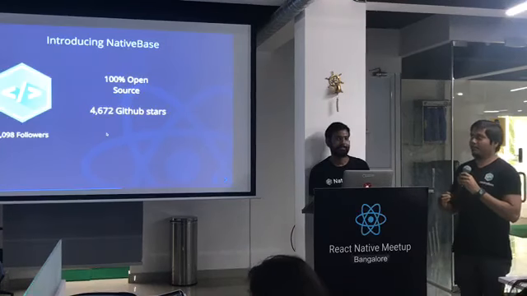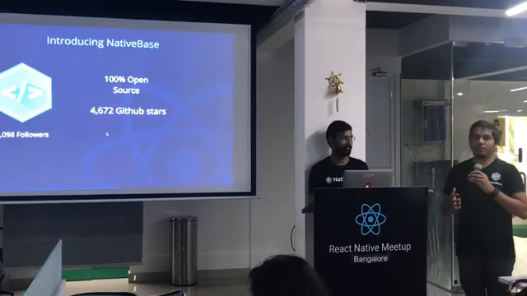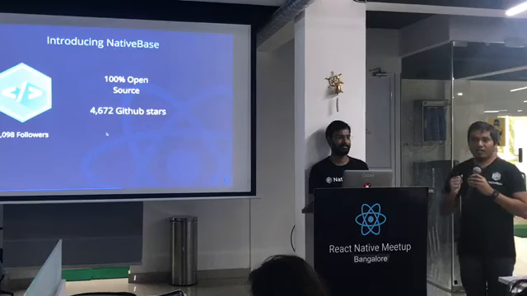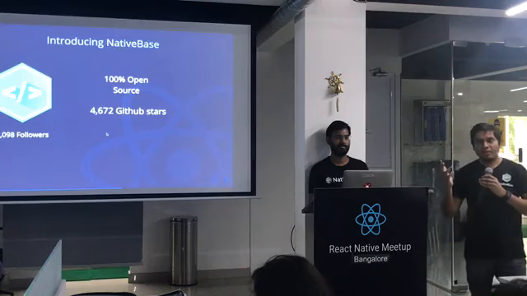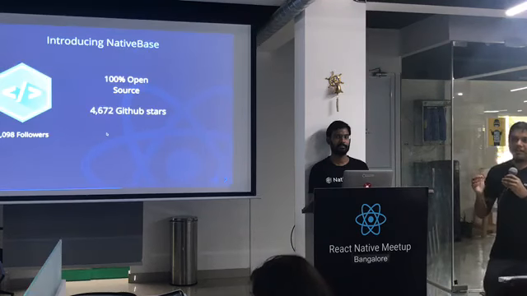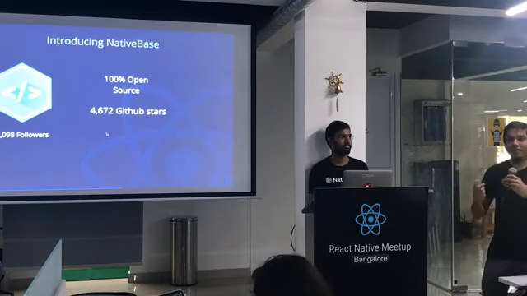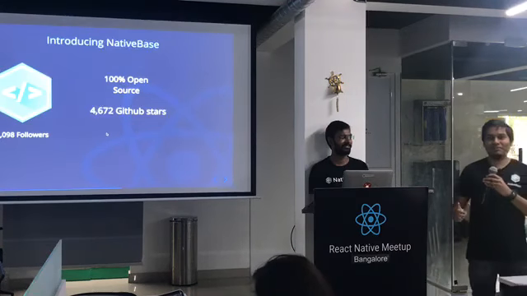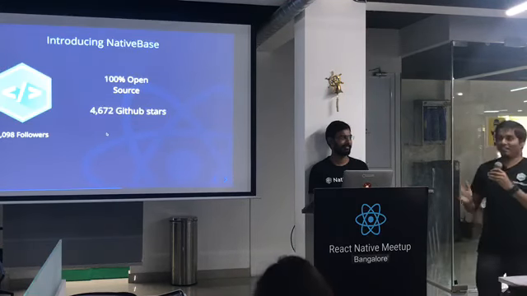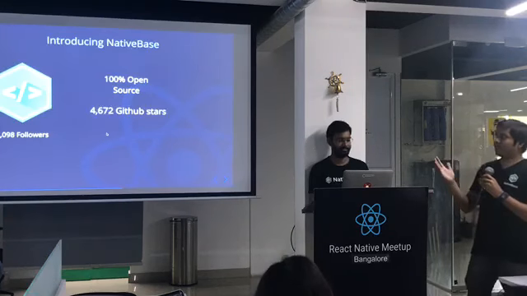And yeah, so that's about it. And it's 100% open source. Many people are using it, many companies, I would say in Silicon Valley and Europe. I was at React Amsterdam just a couple of weeks back, and there people already knew about it. So I was showing off wearing this NativeBase t-shirt, and people were like, oh, you are the guy who was behind this, and that was fascinating. Okay, yeah. So that's about NativeBase.